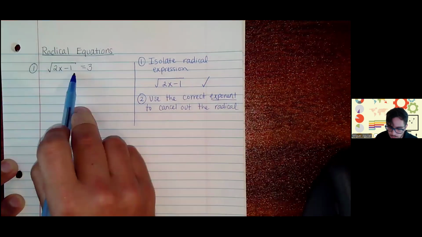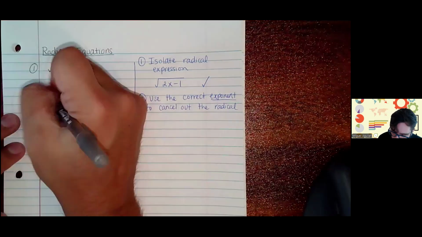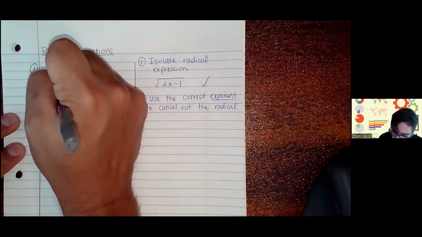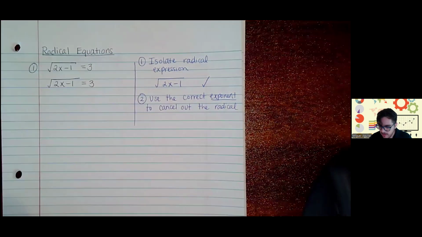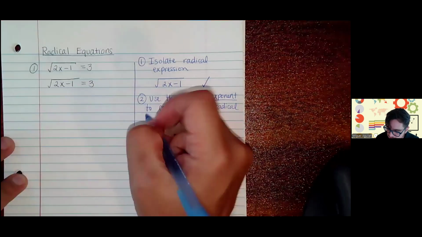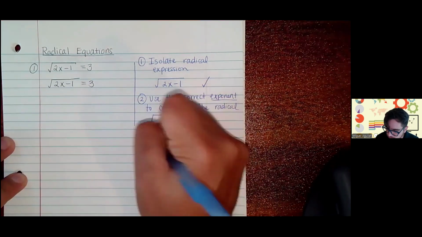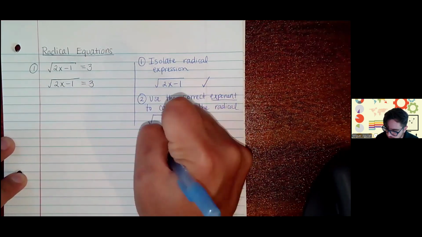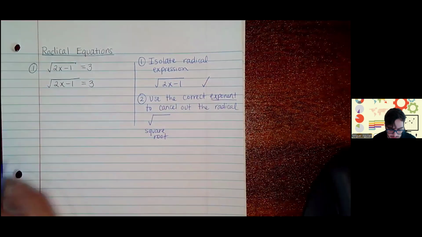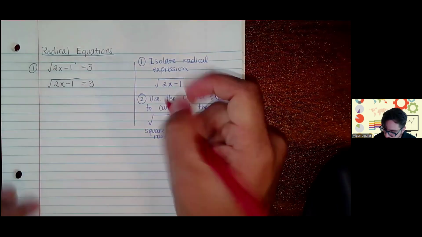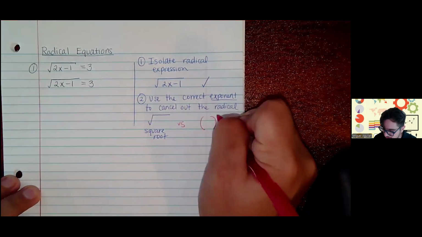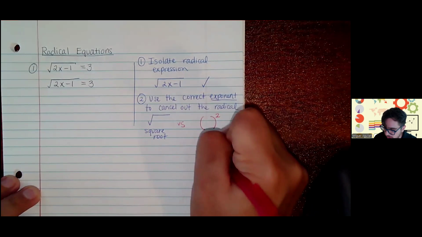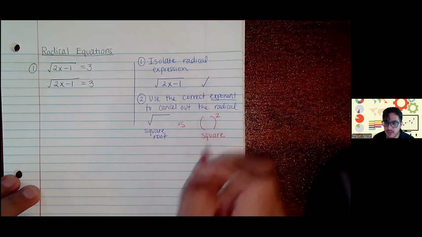And since this is a square root, what I'm going to do is rewrite this as 2x minus 1, just rewriting the exact same equation. But if I recognize that this is a square root, then you have to recognize that the opposite of that is the square operation,